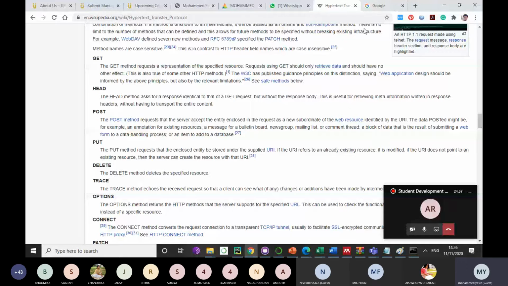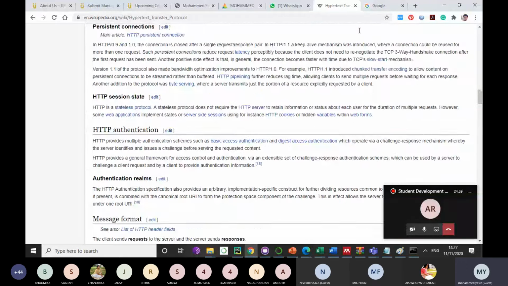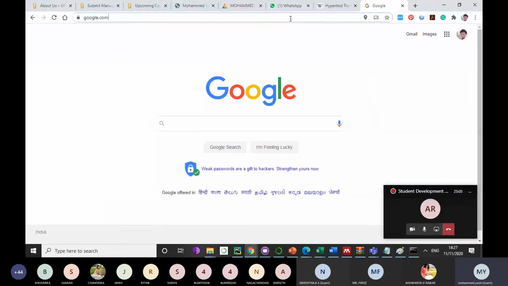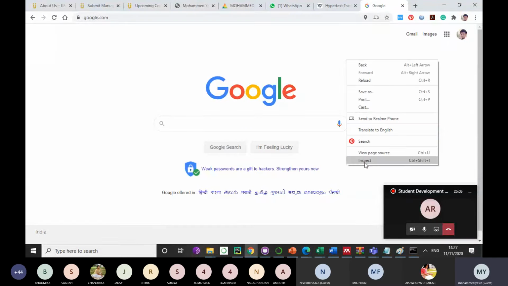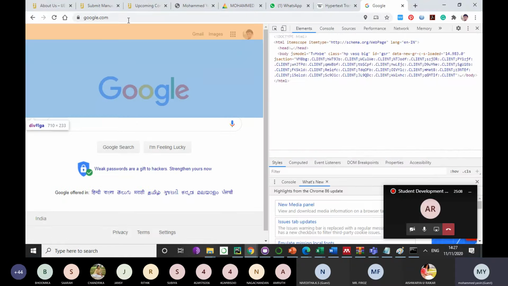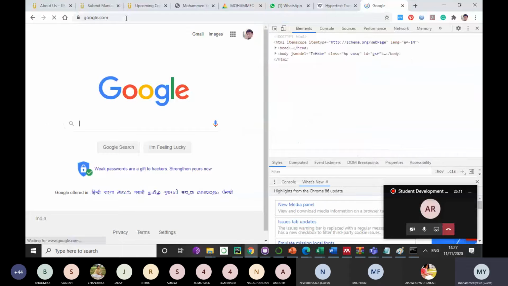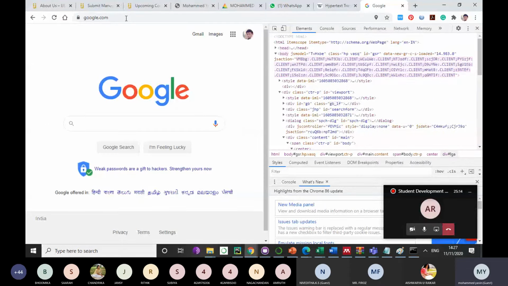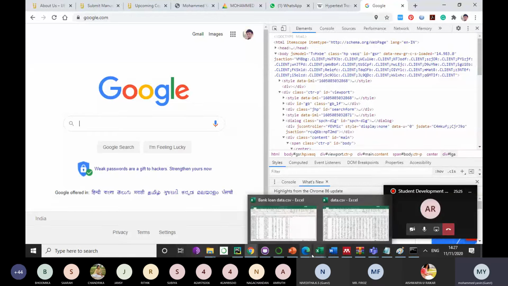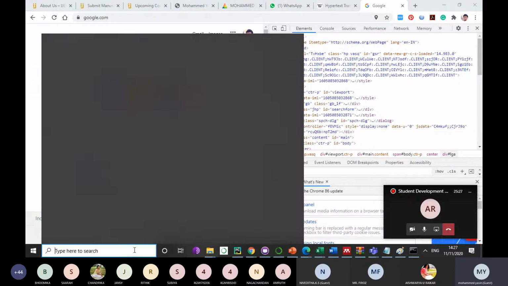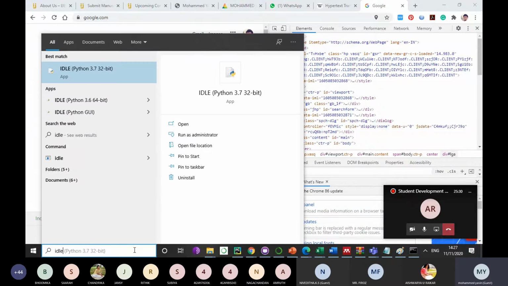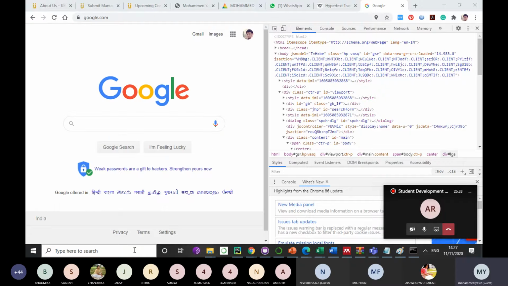What I'm actually telling you is that the moment I came here and wrote google.com, it downloaded this HTML page for me. So instead of doing this manually, I'll write a Python script to do it, and I can download this complete HTML page in my system and see it in my interpreter. If you are using Anaconda Navigator, you can use Jupyter Notebook as well. I asked you to install it in the last session, ideally: go to python.org and install Python. If you have installed that also, it's good.